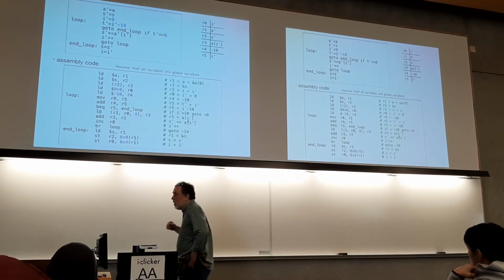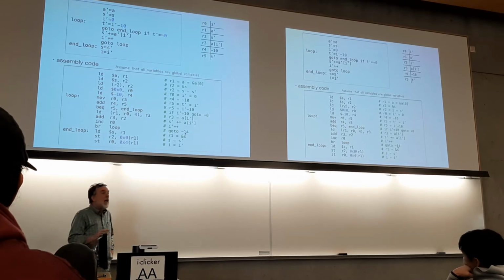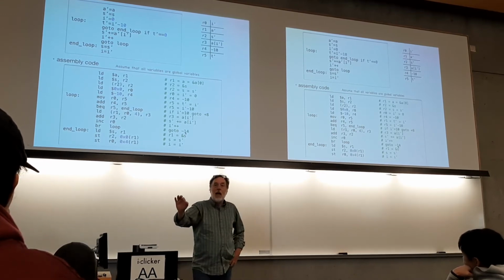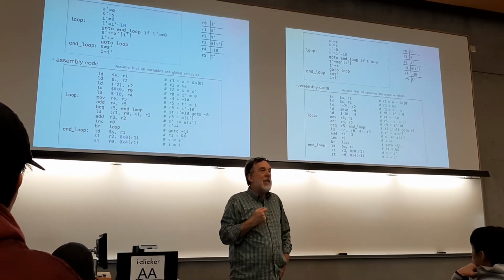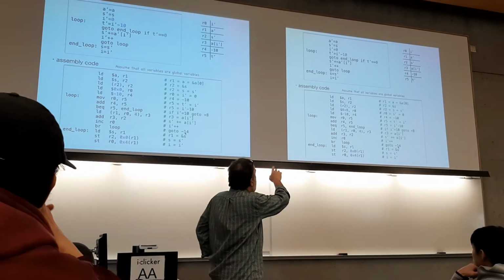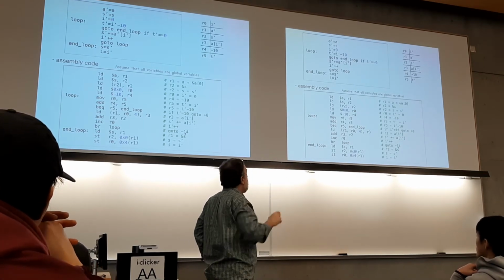I'll point out one thing here that we've done, is go to +8 or go to -14. You would never write a comment like that. That's just to emphasize what we talked about last time about PC relative addressing. You would just say, instead of go to +8, you say go to n and -14, go to